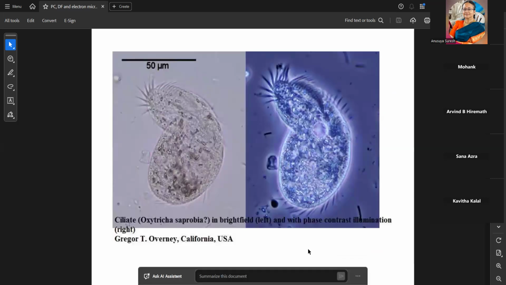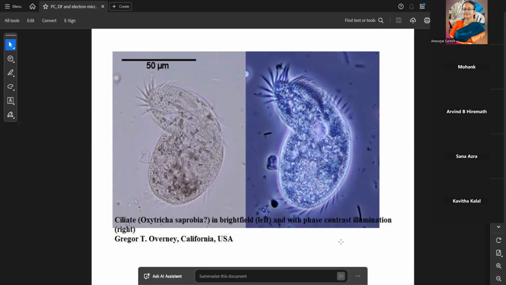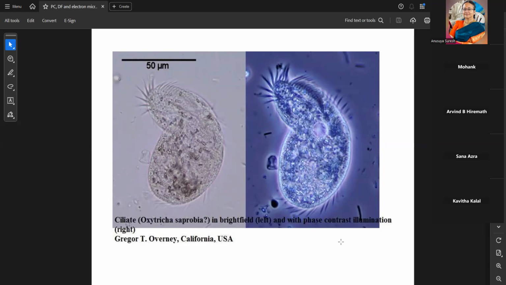Now, if you look at the image which is produced, are you able to see this diagram here, the picture? On your left side, what you see is an image which is produced in the normal kind of microscopic method, the bright field microscopy. And if you look at the same image with phase contrast illumination, it appears like the image on the right side. So this is the same organism. When we view it under light microscopy or bright field microscopy, it is that pale image on the left side.